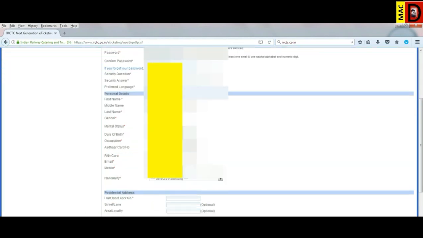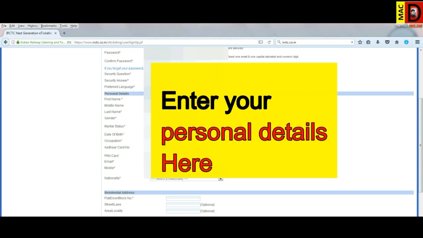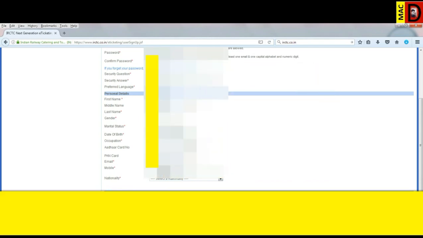Now in this block you have to enter your personal details like your first name, your last name, your middle name, date of birth, your gender, and whether you're married or not. Now even if you enter wrong data, it does not matter, but you have to fill in those columns which are given with the red star mark. So wherever you find a red star mark, make sure that you are filling that block, because if you don't fill it, the form will reappear again and again.